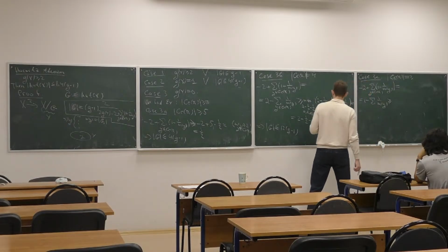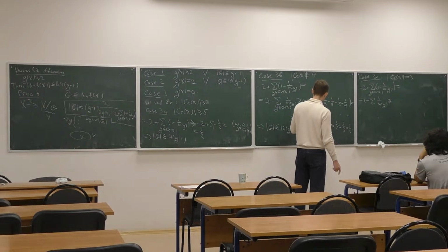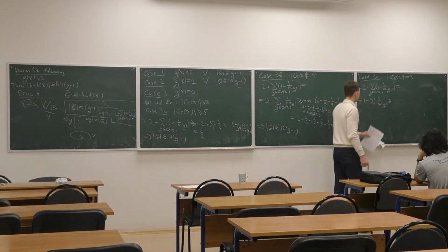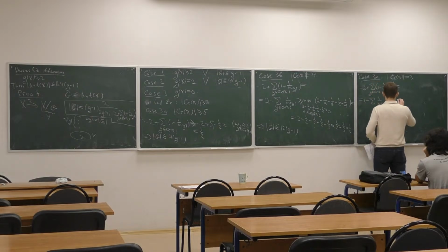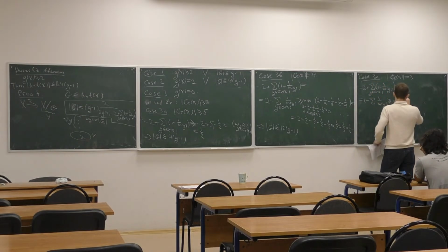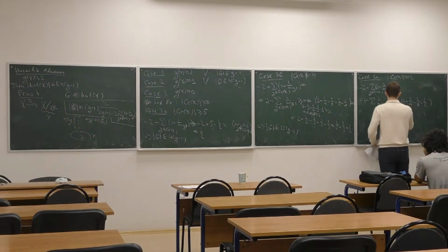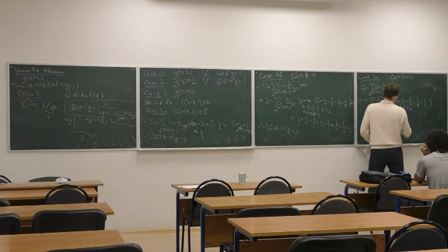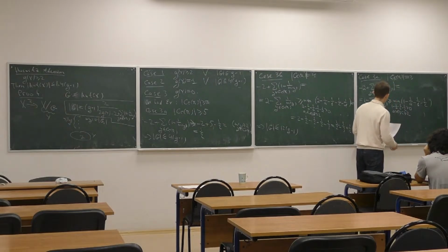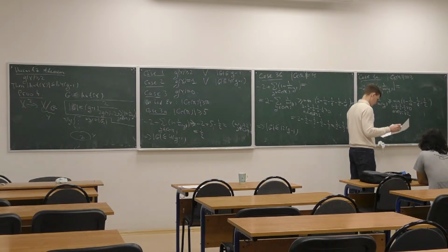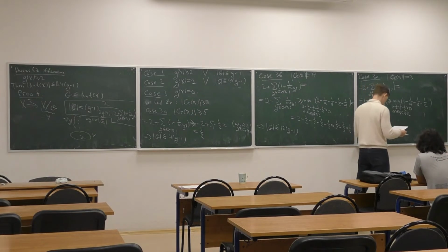Substituting instead of m of y arbitrary numbers greater or equal to 2, such that this is positive. Yeah? So this is the minimum: 1 minus 1/a minus 1/b minus 1/c. And of course, you can assume that, for example, A is greater or equal to B, greater or equal to C, greater or equal to 2. Okay, and then what you do,